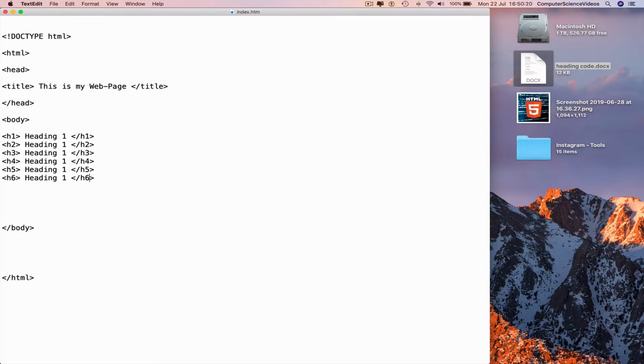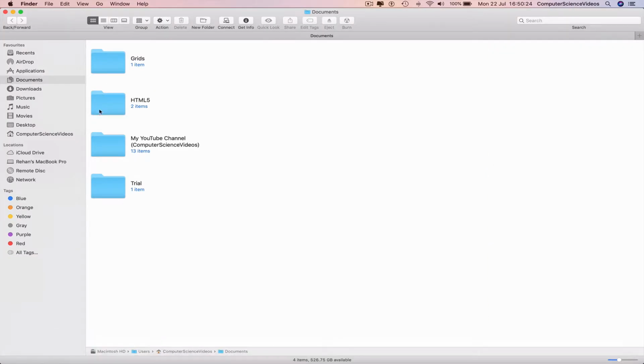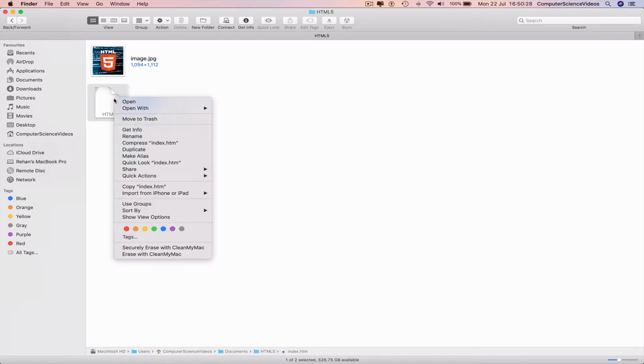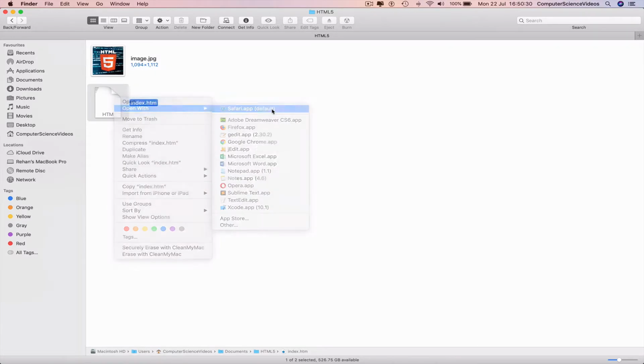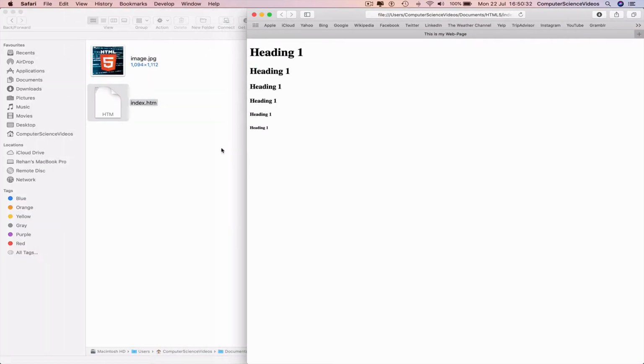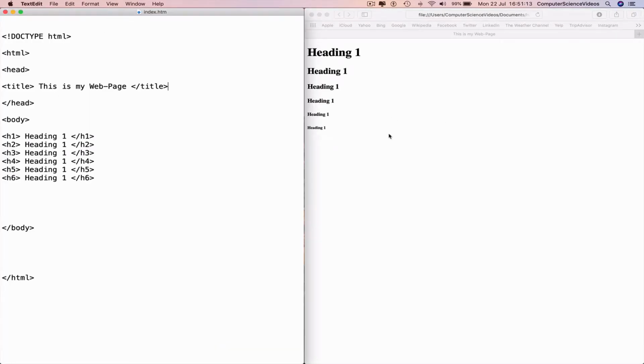And now if we save, Command S, go all the way down to Finder, Documents, HTML5 folder, double click, right click, index.html, open with Safari app, close out of Finder. We can have the TextEdit file and the web browser side to side for us to then see what